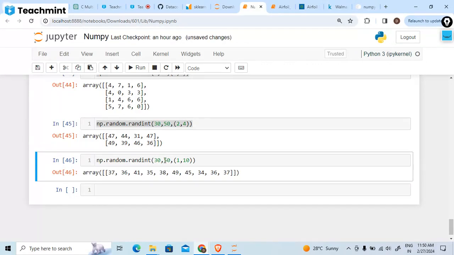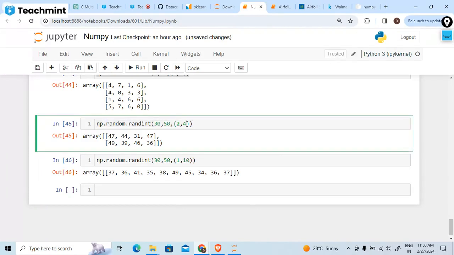Okay. Now similarly you will get this data set with the help of 3D. You have to write down its 3 dimensions, 2, 4, 2, whatever you want. Okay. Now first of all write down